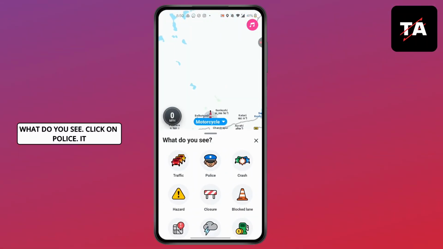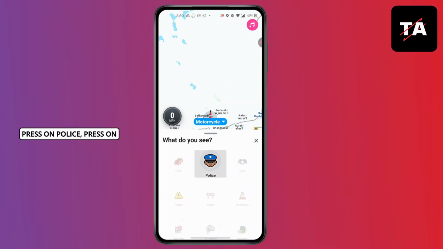Then, you'll find what do you see? Click on police. It makes them easier for them to notice. After you press on police,